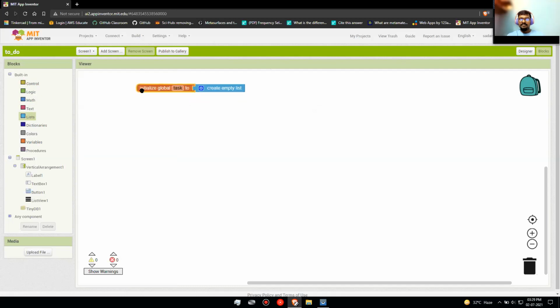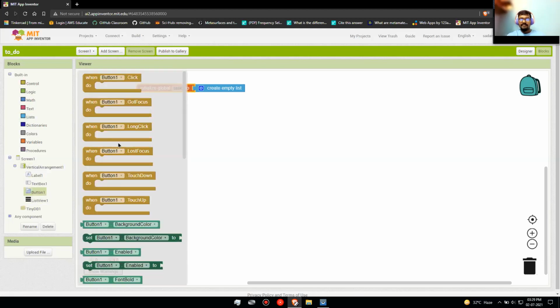So it should look like this: initialize global task to create empty list. What this will do is when we initialize or start the app, it will create an empty list so that we can add the things that we want to do, that are our tasks. So when do we want our tasks to be added to that list? It will be when we press the button.